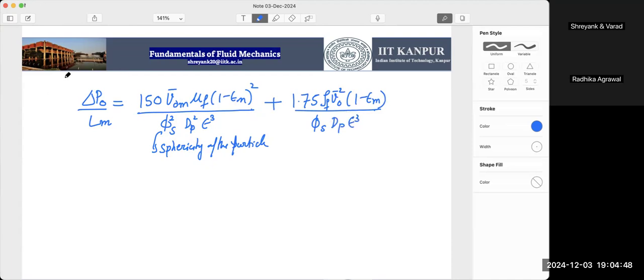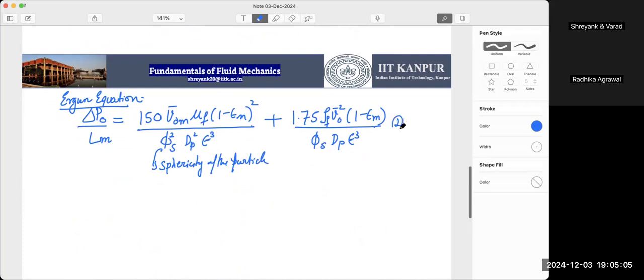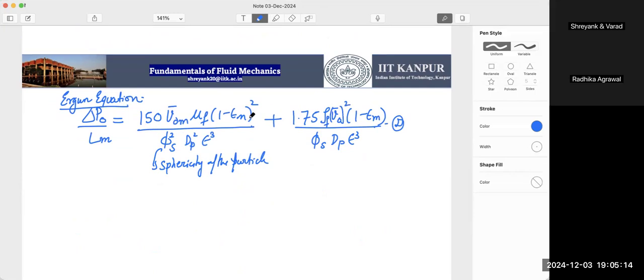And this is our Ergun equation. So using these two equations, equation 1 and 2,